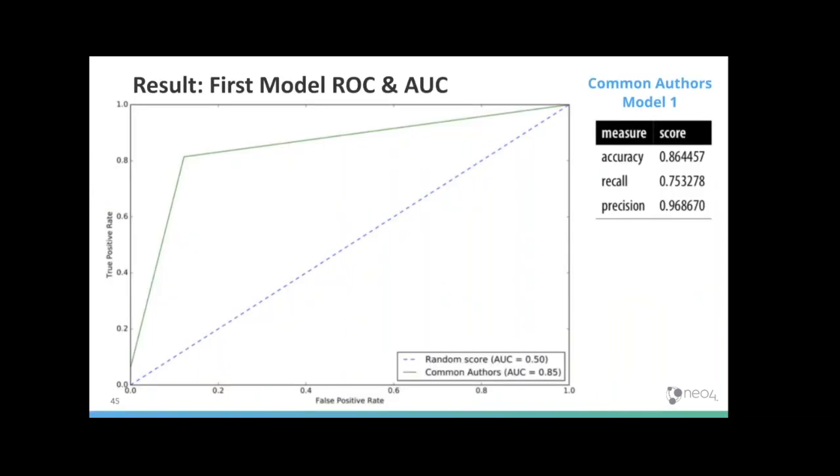So the first model with just common authors. At the bottom on the x-axis, you can see the false positive rate. On the y-axis, you can see the true positive rate. They're both obviously important. And the way that you see a lot of these ROC curves looked at is we're looking at the total score here on the bottom where it says random score, AUC 0.5, that's area under the curve. And so we want to maximize that area under the curve,